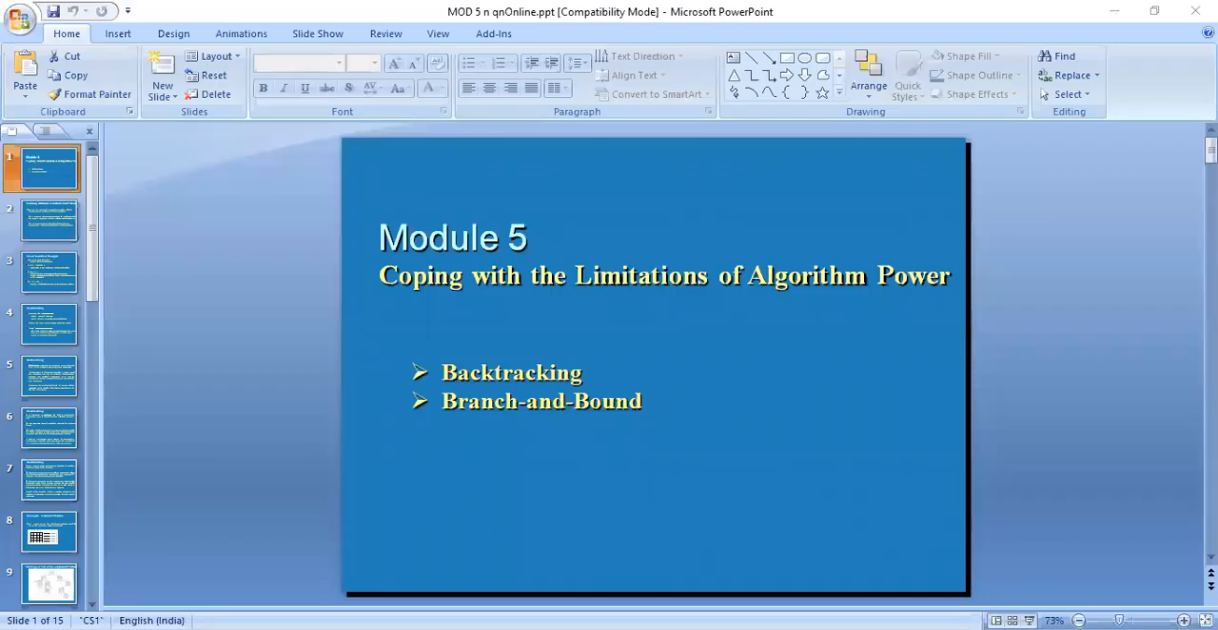So now we will be seeing how to cope with the limitations of algorithm power. We are given basically two techniques. One is backtracking and another is the branch and bound technique. Okay. So now first we will just see